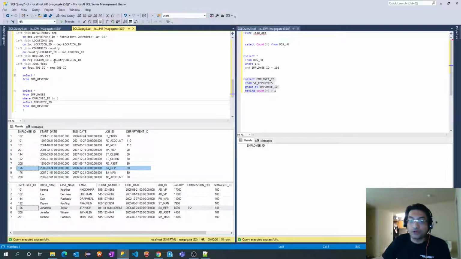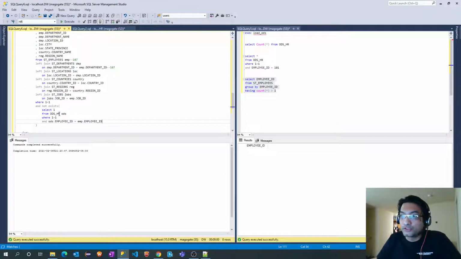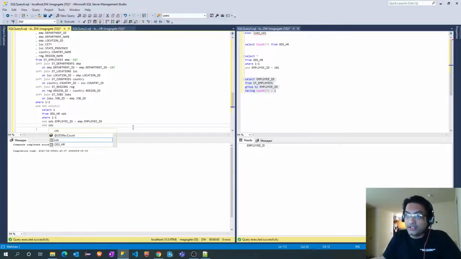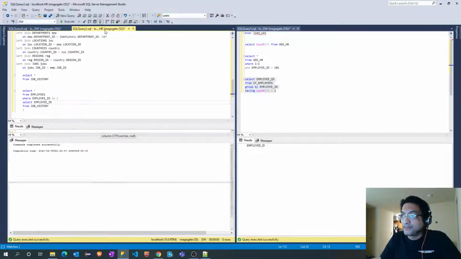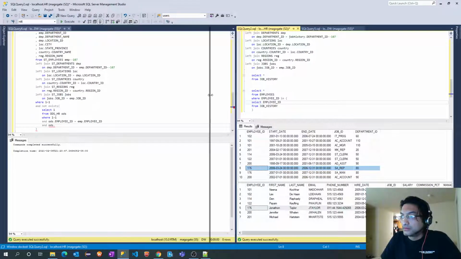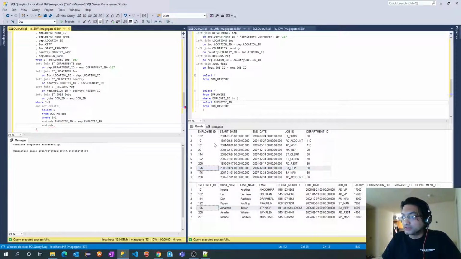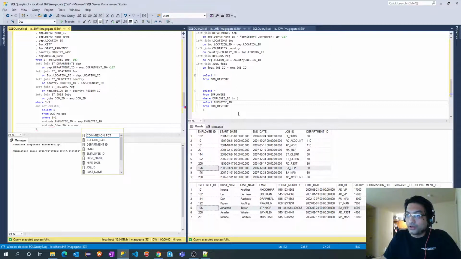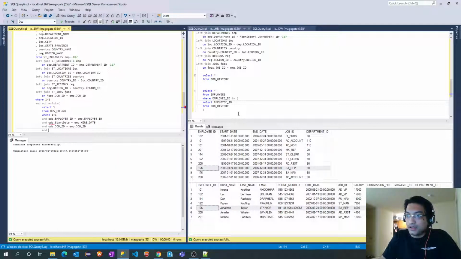What exactly I meant to say is, instead of adding only employee ID as a condition, I will add ODS dot, let's take all the columns. So ODS dot start date equal to employee dot hire date, and ODS dot job ID equal to employee dot job ID, and ODS dot department ID equal to employee dot department ID.